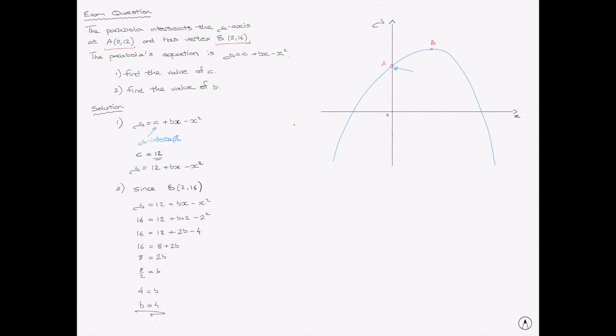And there we have it. So we can now write this curve's equation. It's y is equal to 12 plus 4x minus x squared. And that's how we would answer